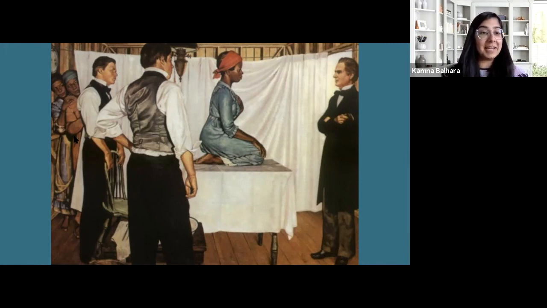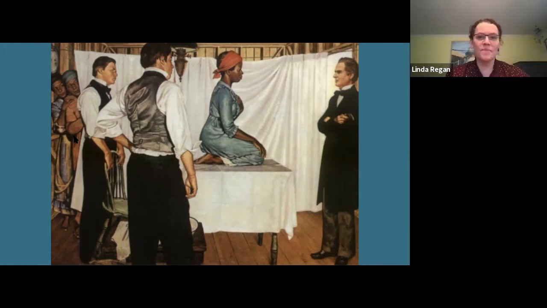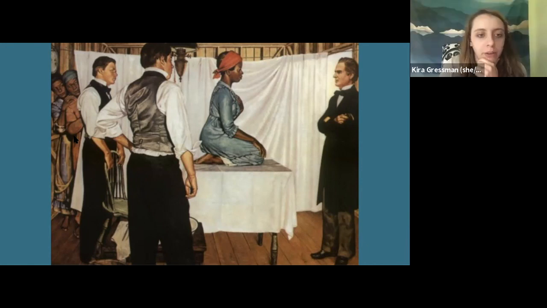Okay, I think I see one last hand up, and that'll be our last comment, and then we'll close. Kira. Hi, I'm really struck by the facial expression and body language of the woman on the table. I'm kind of torn between whether she looks really stoic and almost numb in her facial expression, but she's also clutching her hand to her chest, which to me could show grief or could show that she might be in prayer, which either interpretation feels really uncomfortable and really concerning for her.